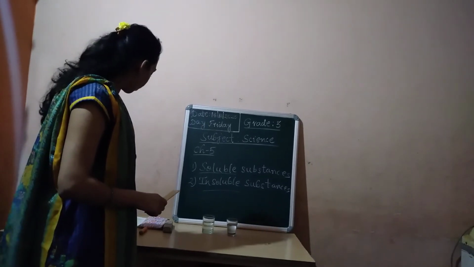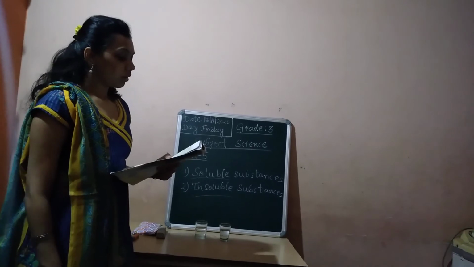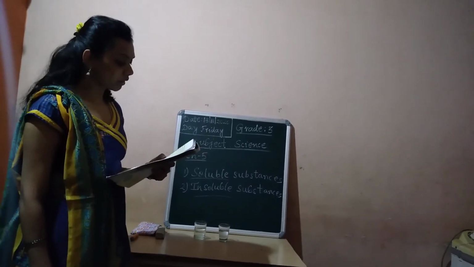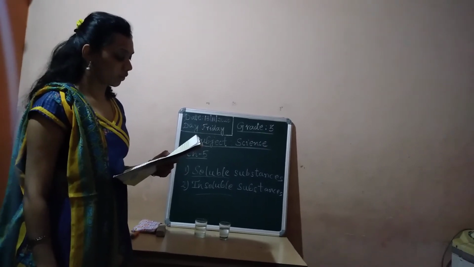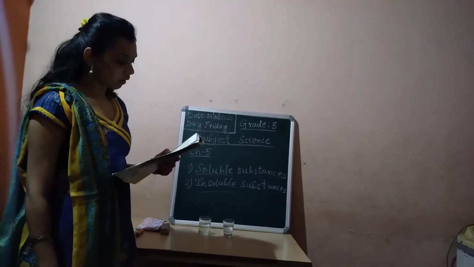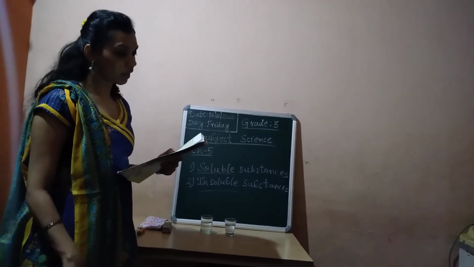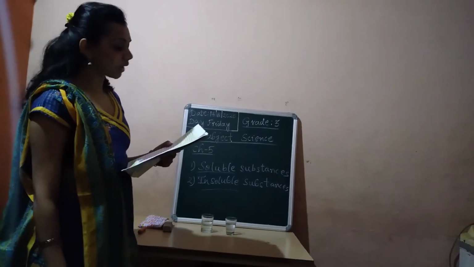Okay, they have asked two questions on page number 75, the Reflect column. When you are tired after playing for some time, you get back home and feel like drinking an energy drink. The easily available one is glucose. Take a glass of water and add 1 teaspoon of glucose to it. Stir it well, which means you have to mix it well, and observe what happens. You have to tick the correct option.